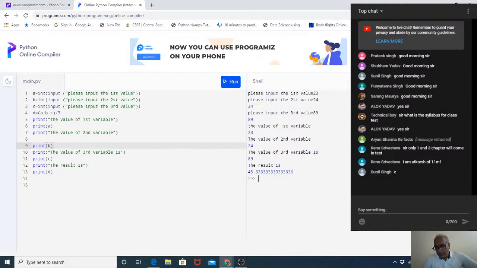These are some of the programs. You can make your own programs, like to find the